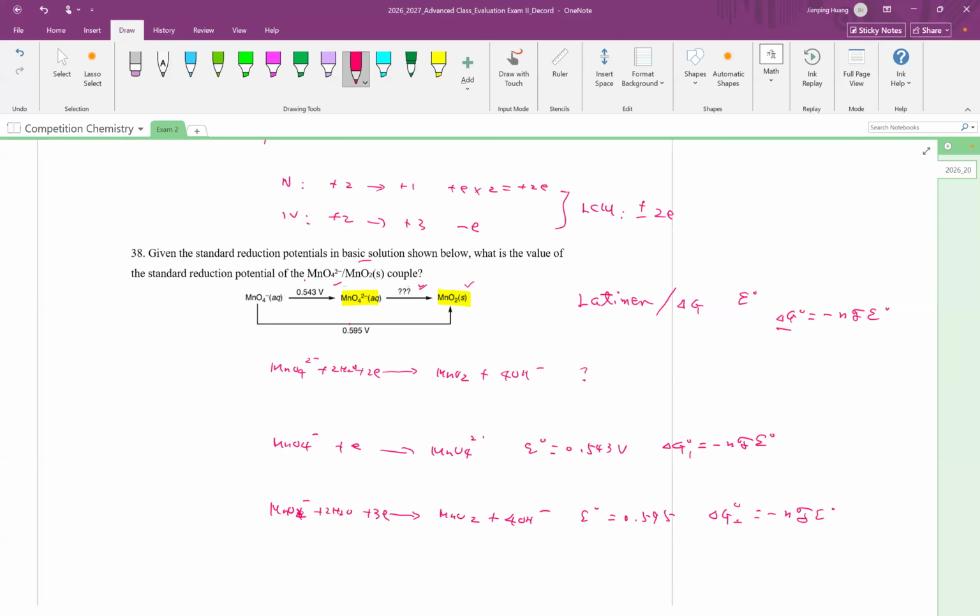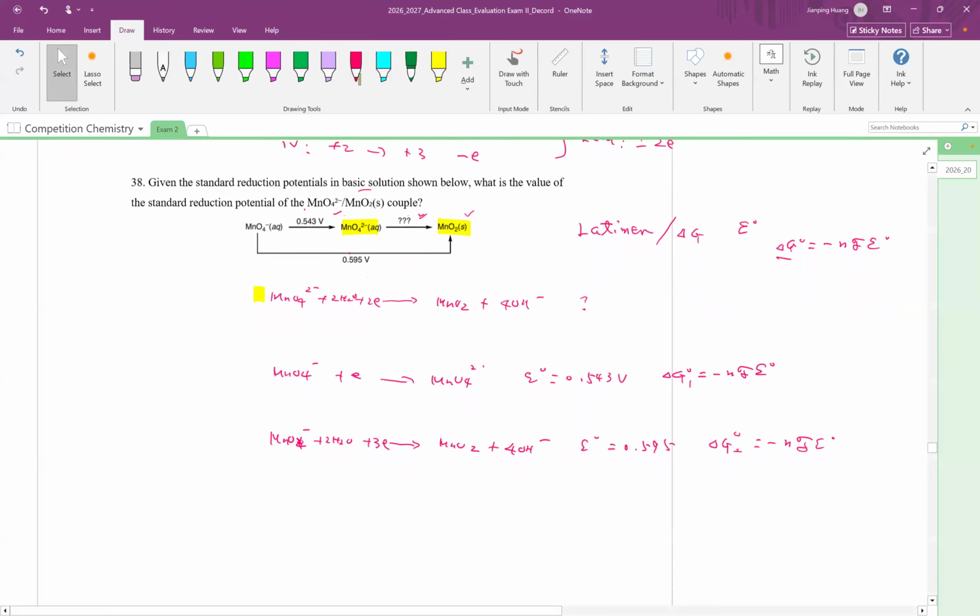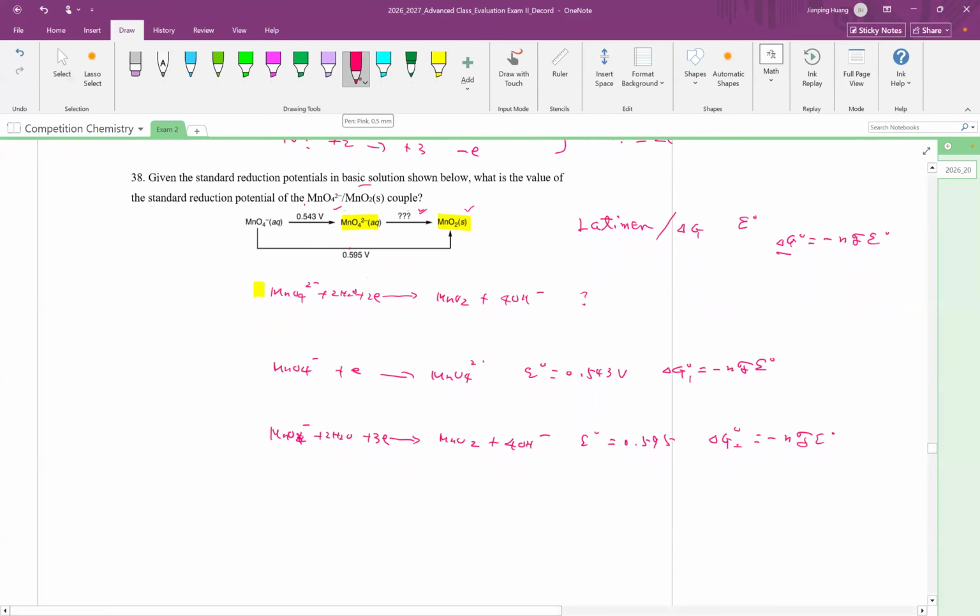So what do we want to find? We want to find this one. Now we look at this reaction, okay? We look at this reaction. So you want to keep this one, oh, you need to reverse this one. You reverse it, and I'm going to reverse it, see? MnO4 2 minus, MnO4 minus. Now it's what? You reverse it, you change the sign. Okay, right? So then you add,